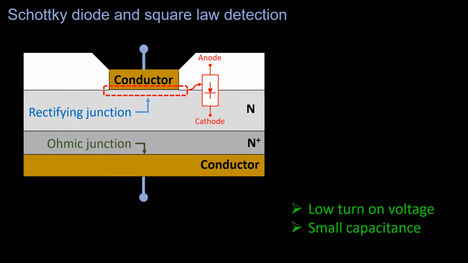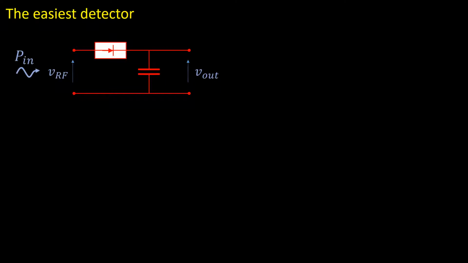And today, gallium arsenide and indium gallium arsenide Schottky diodes are among the best options to detect signals from less than 100 GHz to terahertz frequencies. This is a simplified structure of a typical detector based on Schottky diodes. The diode is connected in series and the output stage has a parallel capacitor that behaves as a low-pass filter. With this configuration, the diode is able to provide a DC voltage that increases with the input power.